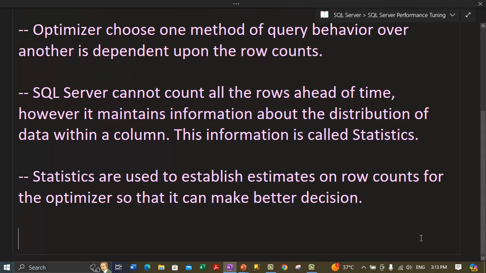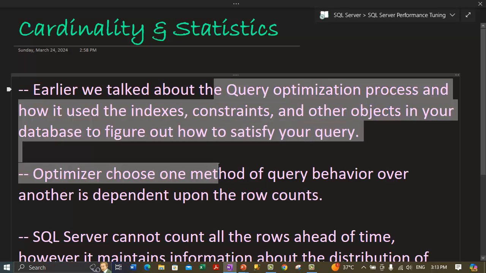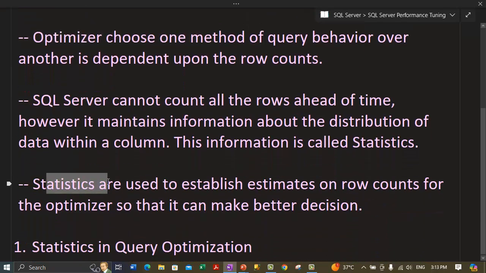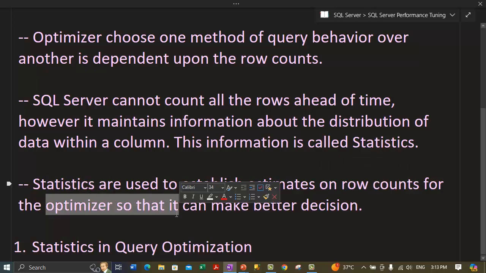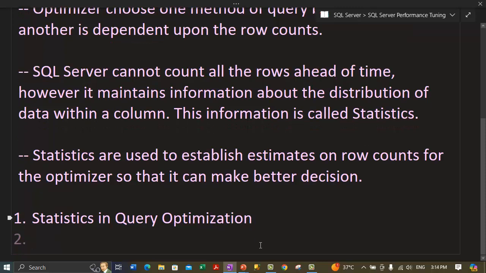Alright, so guys, we will discuss some of the important points here. Let me list out the points we will discuss in total. We will cover the following topics. We will cover statistics in query optimization. So far I have given you general information about what statistics are, and that statistics are used to establish the row counts used by the optimizer. But we will discuss in detail how statistics are used in query optimization,